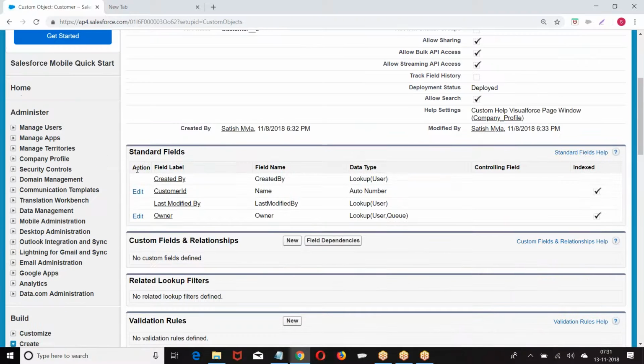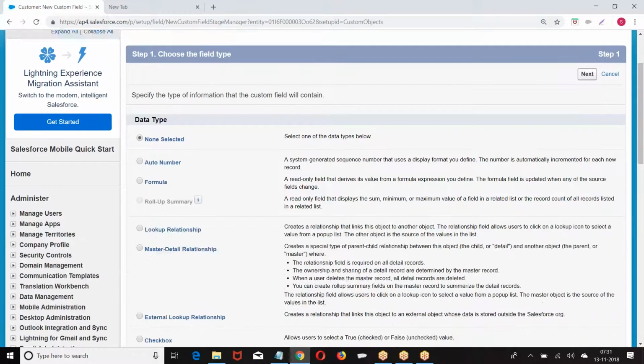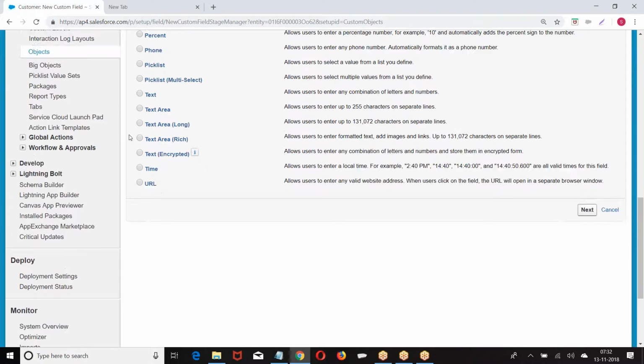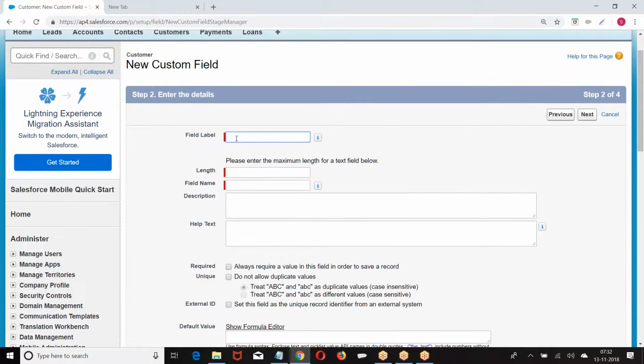Now we have standard fields, custom fields, new custom field. First I choose text, enter the field label, length of the data.